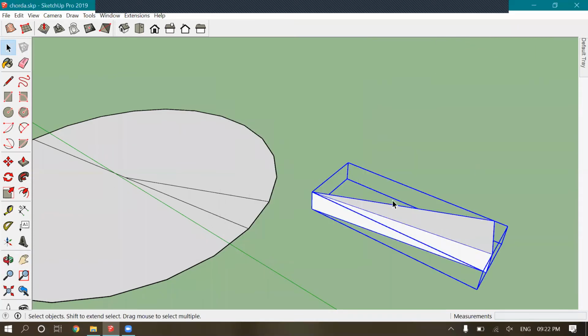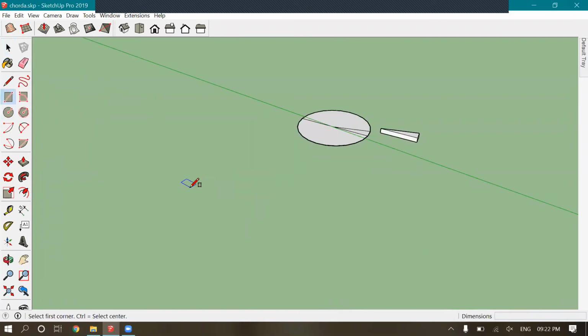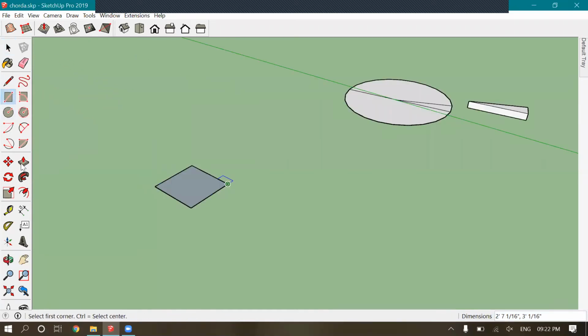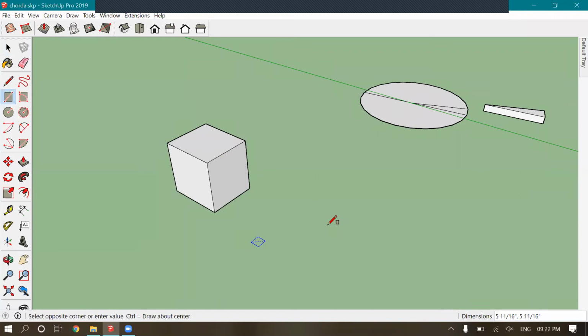Okay, I need to explain what the difference is between group and component. I thought someone would be asking me, but surprisingly no one had. So let's take two pins and group them. I'll be grouping one part and making the other a component, and I'll show you the difference.